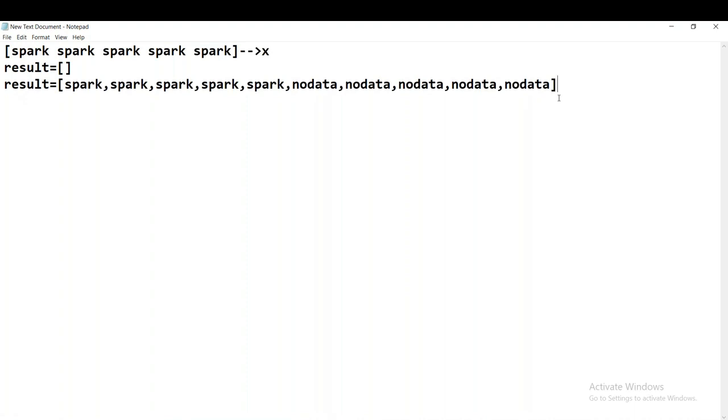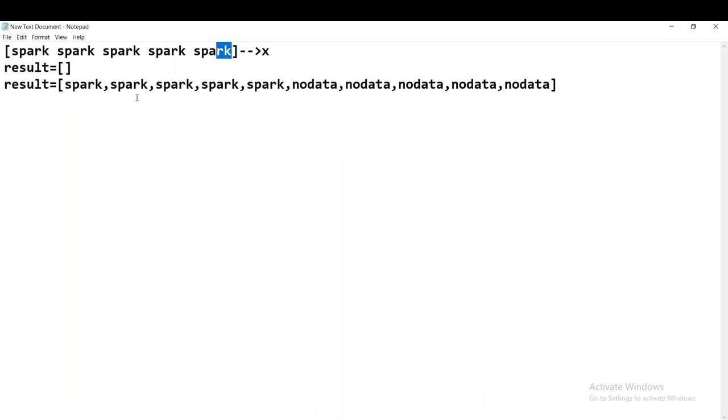For that, if the word is there, we directly copy it as it is, as long as the words are there. If the number of words is not 10, here we have ended up with only 5, thereafter we have to fill the list with what? No data. How many? Till the number of words in this result becomes 10.